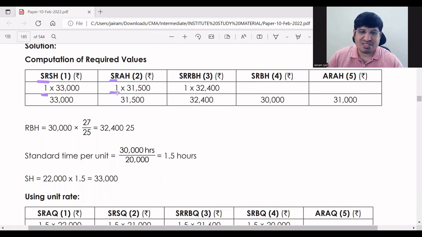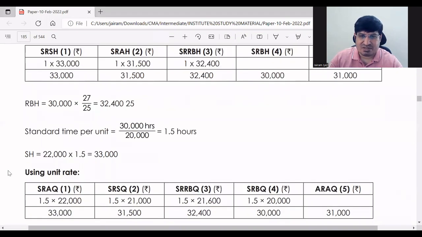Instead of taking hours, you can do the computation by taking per unit value also. ठीक है. वो भी आप कर सकते हैं. ठीक है. You will get the same answer. आप टेबल भी आपका सेम बनेगा. If you see, this is the second one is using unit rate. So if you compare ये जो